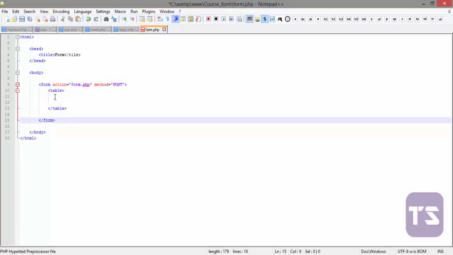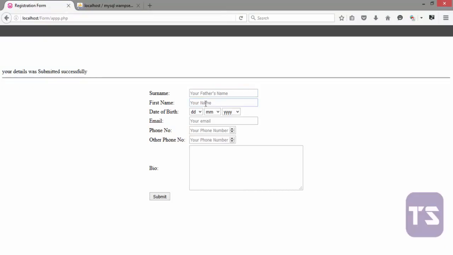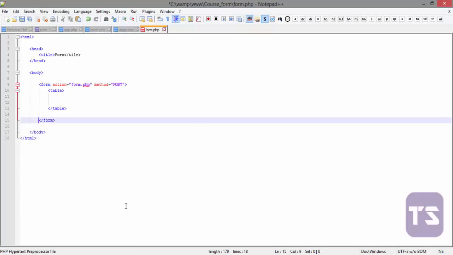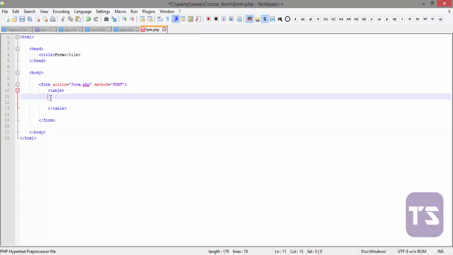So in our table, let's look at that, we have 1 2 3 4 5 6 7, we have 7 rows there. So we're going to create 7 rows of data. Okay, 8 plus the submit button, that makes it 8. So we'll quickly create 8 rows of data, and that's going to be tr for table rows. So quickly create our tr tag,